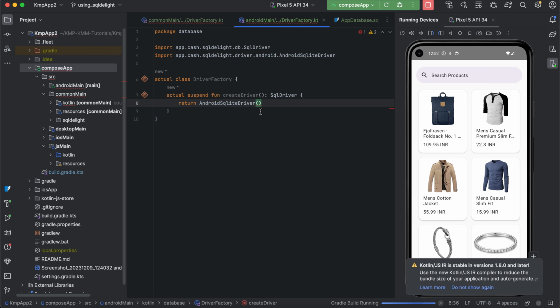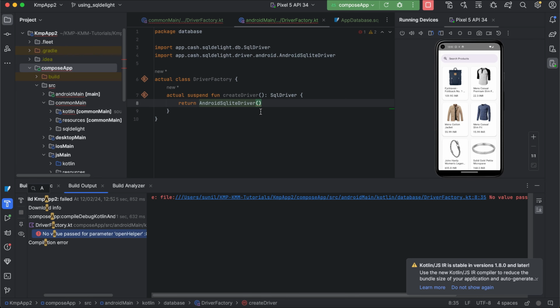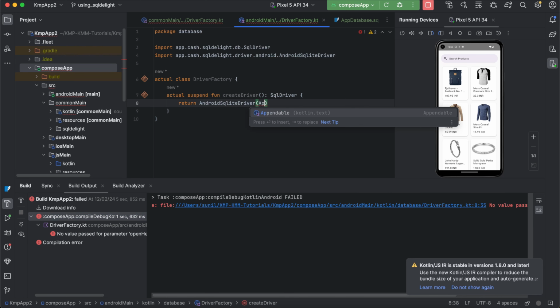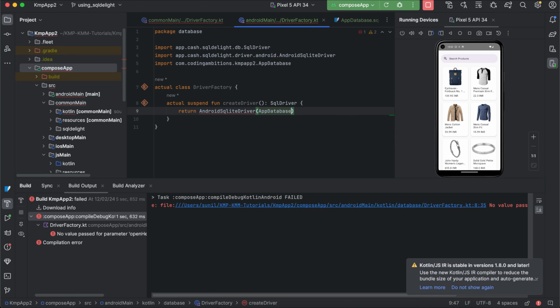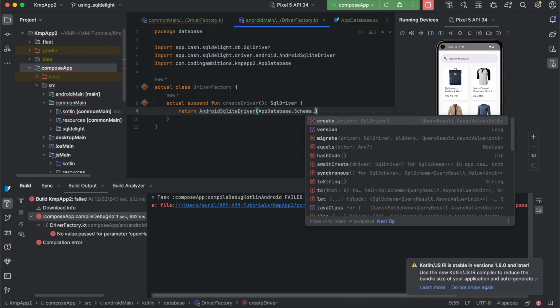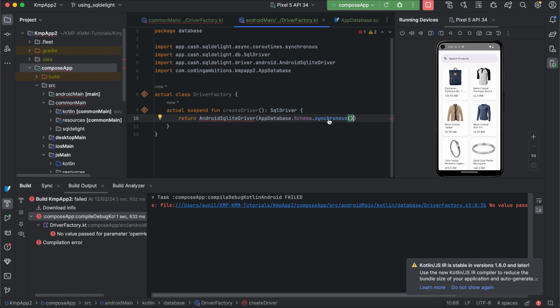It will be easier. AppDatabase.Schema.synchronous. So it will be automatically,